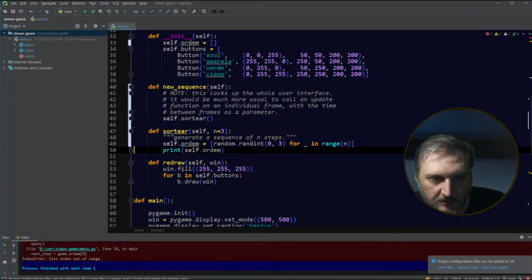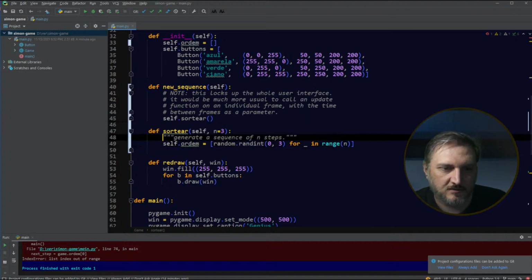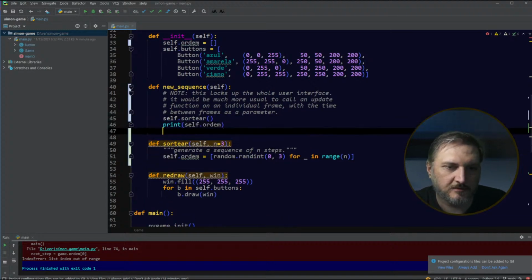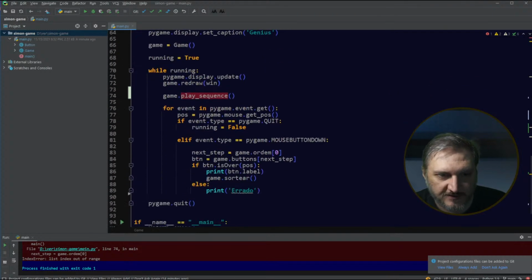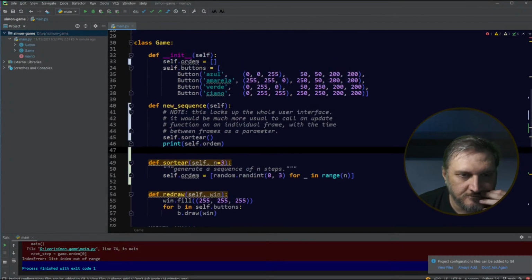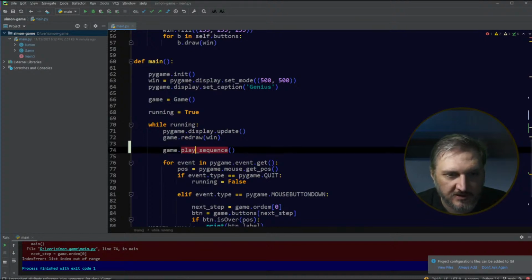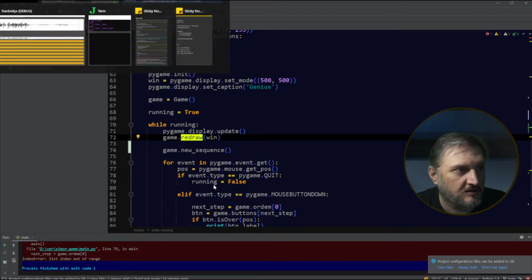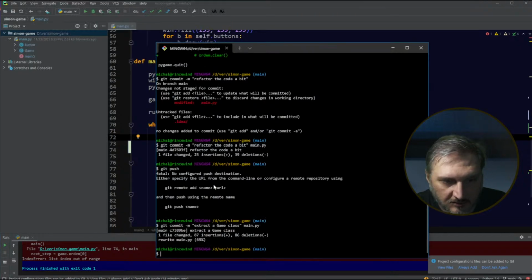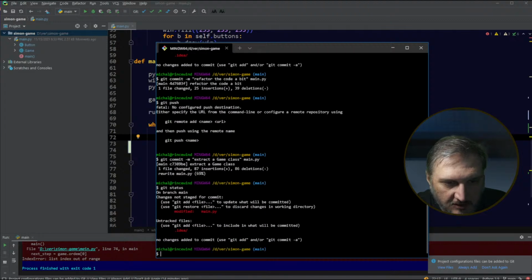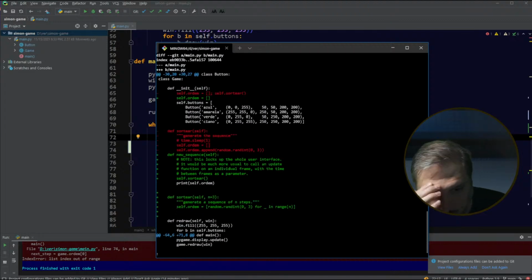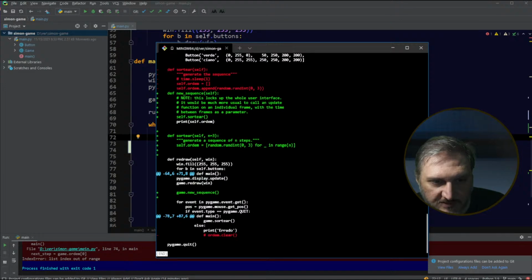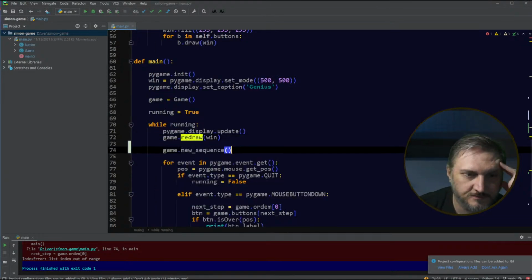All right. So now we're going to, instead of printing it, let's move that here. We'll go ahead and continue to print it, but now we can also do a new sequence. Did I ever check my code in? I don't think I did. No, I did, yeah. All right, so new sequence, and then when we do the new sequence,